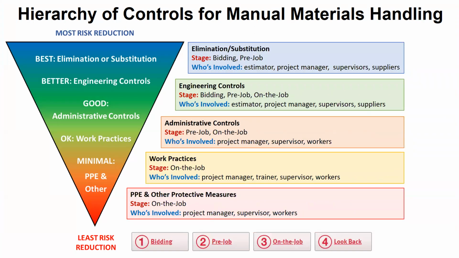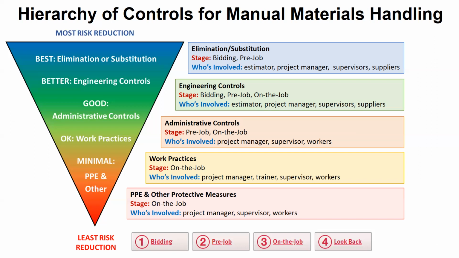This graphic shows how these controls are addressed at different stages of the construction process and examples of the types of people in the organization to involve. The highest levels of control, elimination, substitution, and engineering must be determined early during the bidding and pre-job stage and involve the estimators, project managers, supervisors, and suppliers. While engineering controls can be revisited once work is underway, it's important to plan and budget for them at the bidding stage. As you move down the hierarchy to administrative,